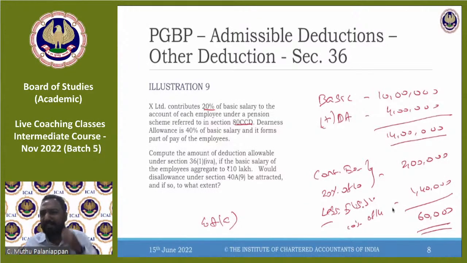Puja, bonus commission. See, bonus is basically what you're contributing to your employee for doing excellent work, right? Whatever has been contributed, if you feel they've done excellent work, you give some extra money, probably 1 month salary or 2 month salary, or as a percentage of the annual salary, whatever it is. So this bonus or commission is an eligible expenditure. Similarly, commission is also an eligible expenditure. That's what is relevant as far as the provision goes.